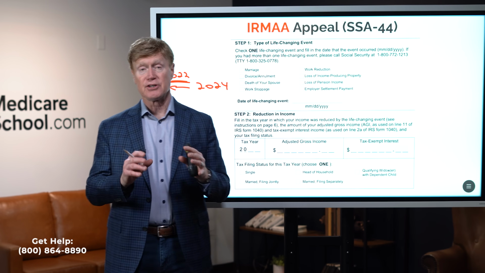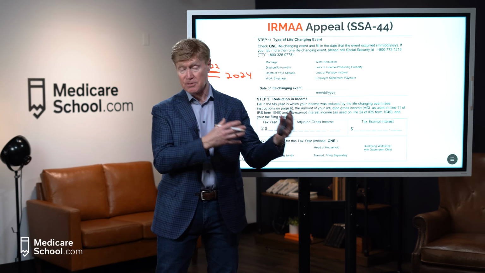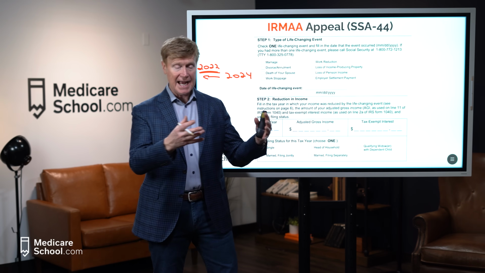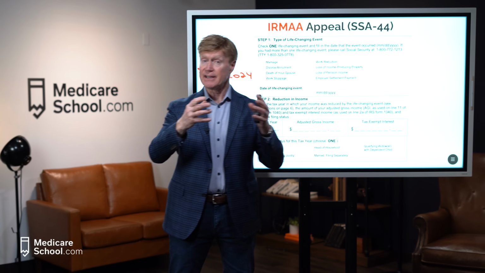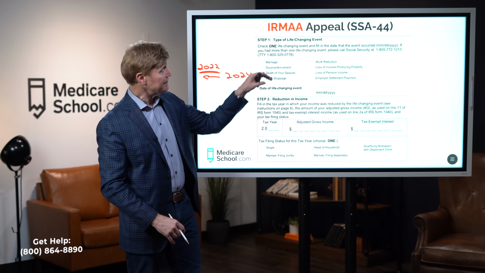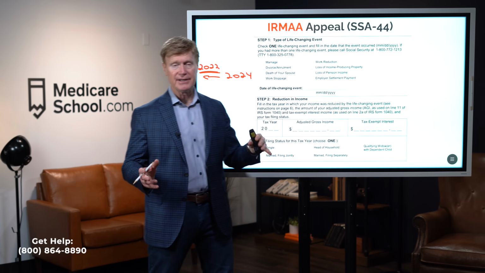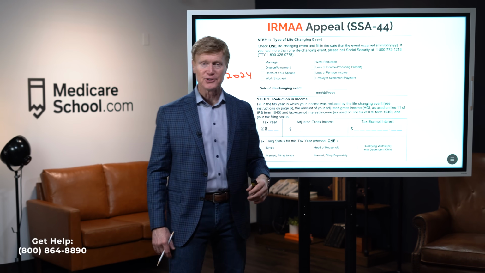This means that someone was assessed an IRMAA in 2022 based upon income, and this means they were single and they were above the threshold. Now they have married, but as a married couple, they're going to be below the threshold. And so again, they can appeal the IRMAA as a married couple. And so they would have to have a marriage license to prove that they're eligible for that.